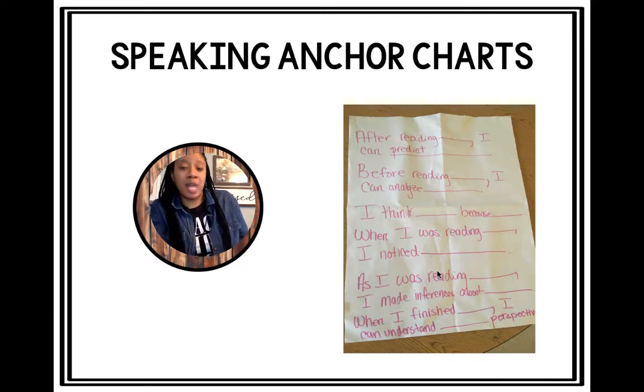You can even have them stand up and do the mix and mingle. You can just do think, pair, share, and then I'll have them say, okay, now after you do your think, pair, share, I want you to share using the anchor charts if they need them. Tell me what you predict, and so they can say, after reading chapter 19, I can predict Louis will be saved by the U.S. Navy or whatever. So this is a really great tool to use in your classroom. You can do it before reading.